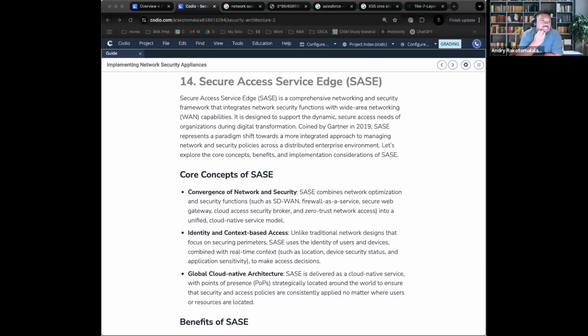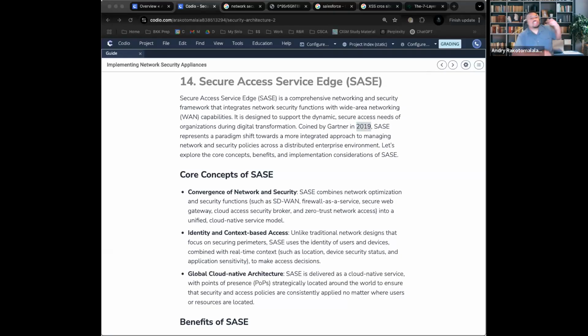Okay. So it's really important because in today's world, a lot of people are working remotely. So when you're working remotely, you're working a lot with cloud. So why not combine networking and security into one coherent location? Now, there is a company called Gartner. If you're not aware of Gartner, Gartner is a company that does a lot of great research on the different movements that are happening in technology. They're the ones who coined it back in, I think, 2019. Yep, 2019. And it's kind of like a next gen approach to security access.